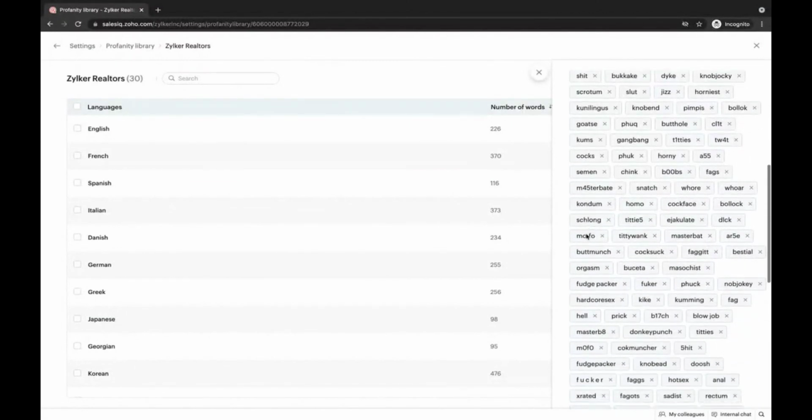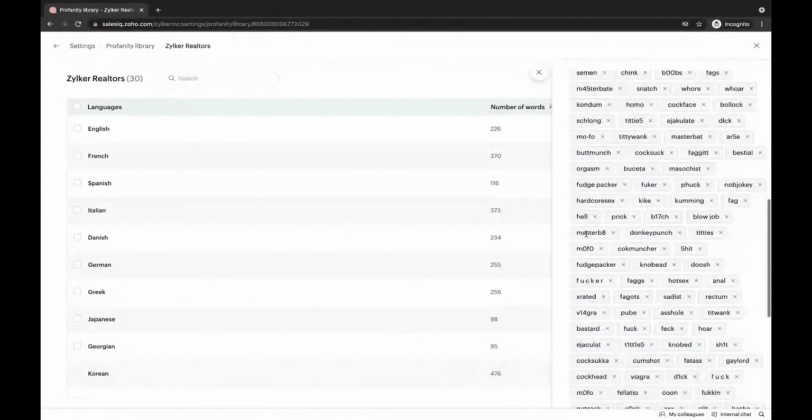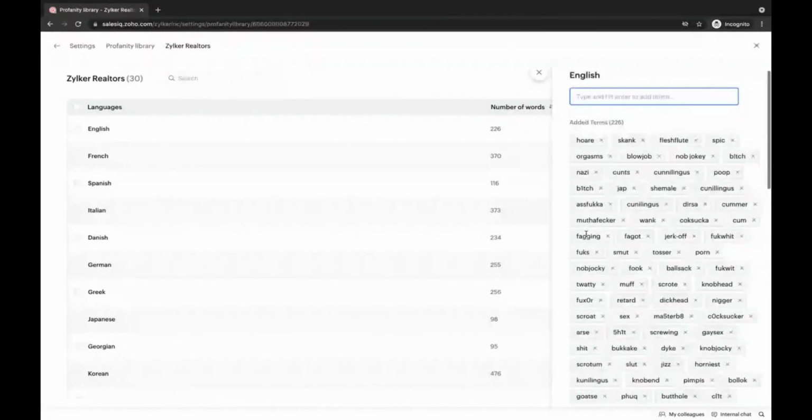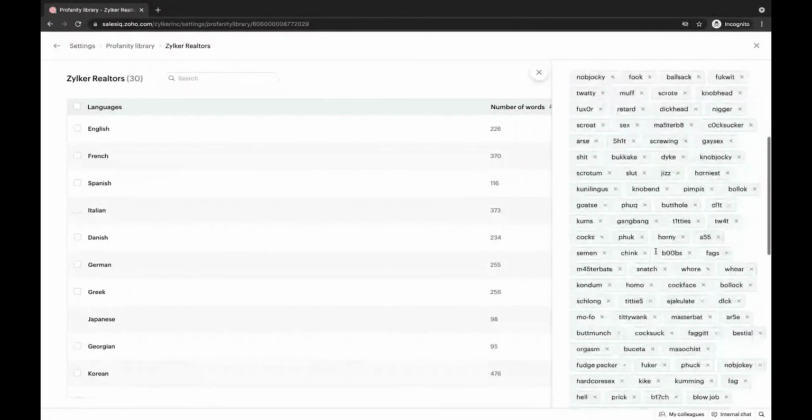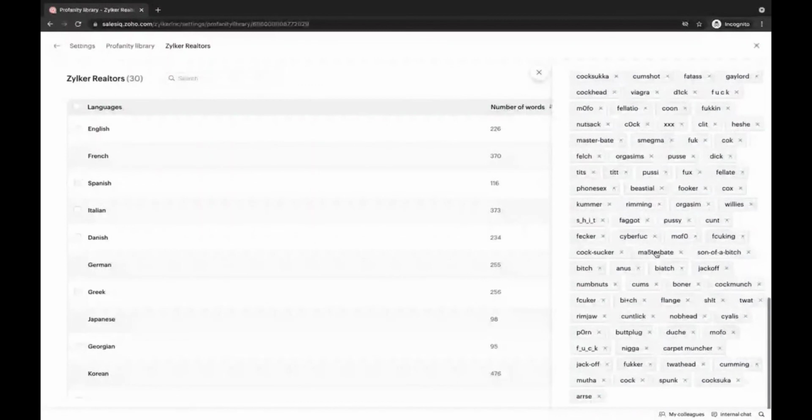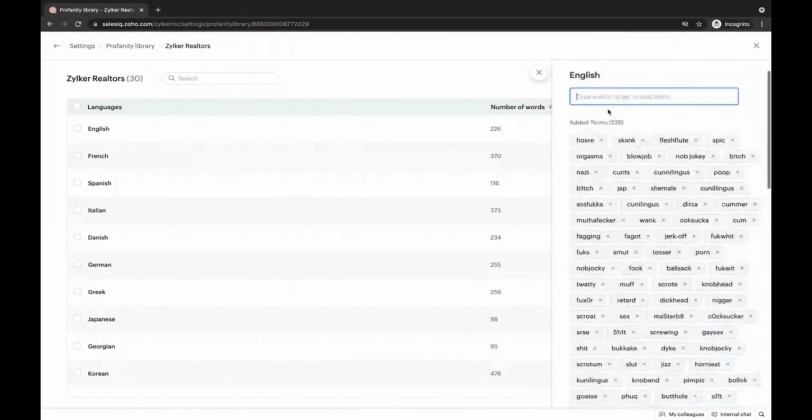added in each language. As you can see, all of the unparliamentary terms are listed here inside this section, so you can add as many terms as you want to, so that whenever a visitor uses any of these terms during a conversation, that will be detected and a warning will be sent out before the visitor is blocked.